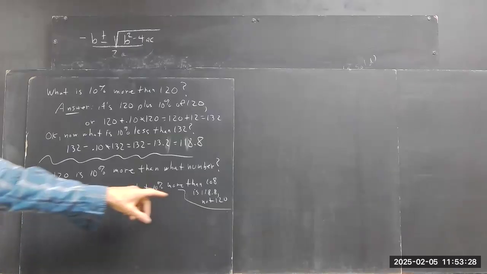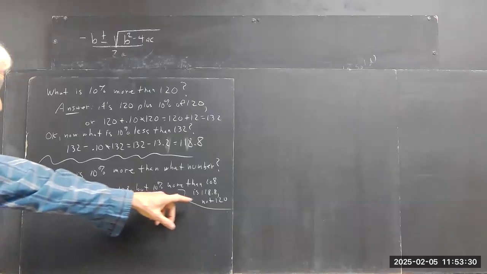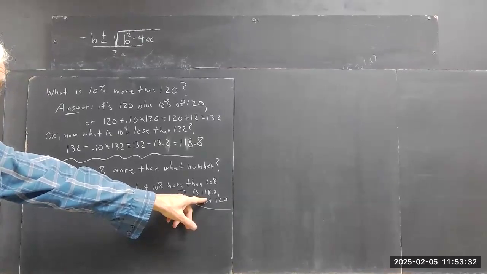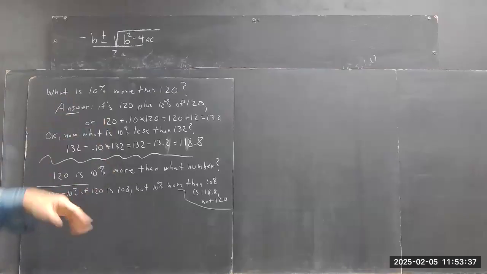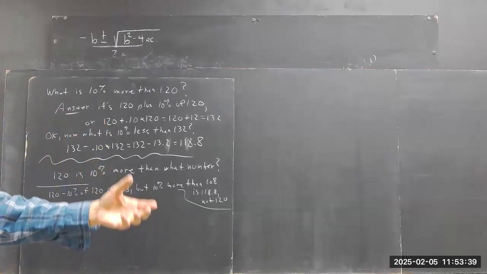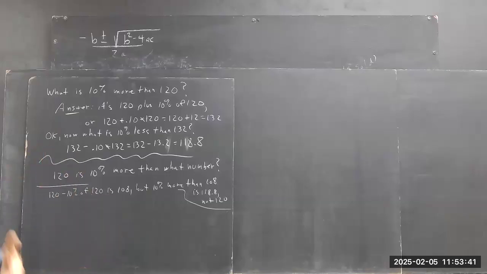That number is going to be close to 108 because 10% more than 108 is this. And of course, 108 is 10% less than 120. We just saw that 10% more than 10% less of something is not the something. Okay. Now, what we're going to have to do